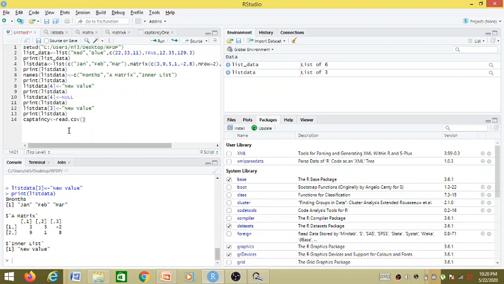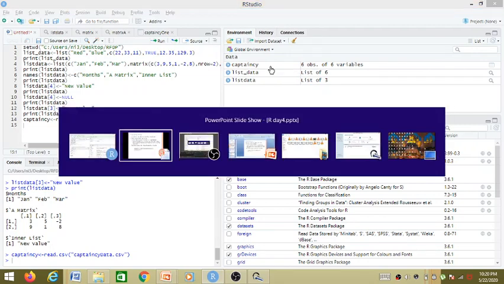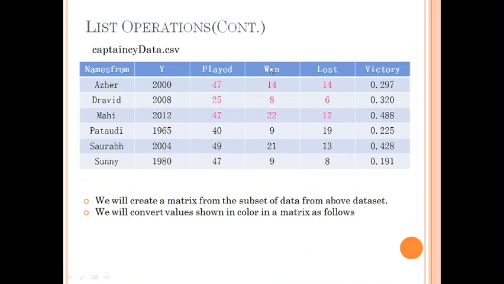That's why the read.csv function will be used, and the file is captaincy data.csv. So if I run this, you can see here with 6 rows and 6 columns, our captaincy data frame is ready. This is what our captaincy data frame looks like.